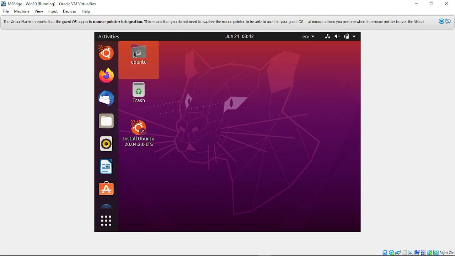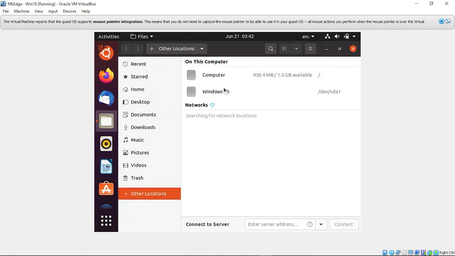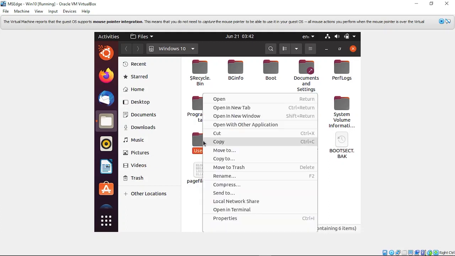Go to the Ubuntu folder, click on Other Locations, and over here we have our Windows 10 storage disk. Click on this Windows 10. Over here we have the Users folder. Right click and check. If you can see the Cut option and Move To option, you can easily bypass the Windows login.